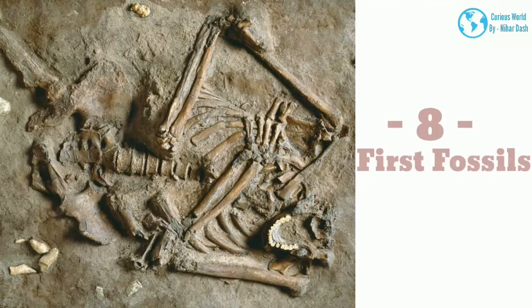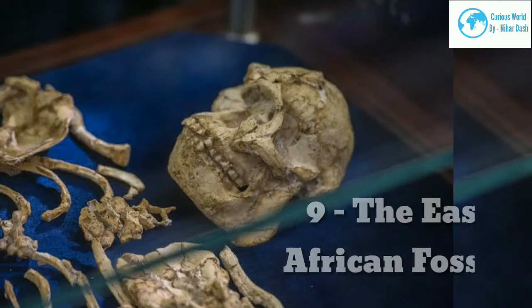Also, the specimen showed short canine teeth, and the position of the foramen magnum, the hole in the skull where the spine enters, was evidence of bipedal locomotion. All of these traits convinced Dart that the Taung Child was a bipedal human ancestor, a transitional form between apes and humans.